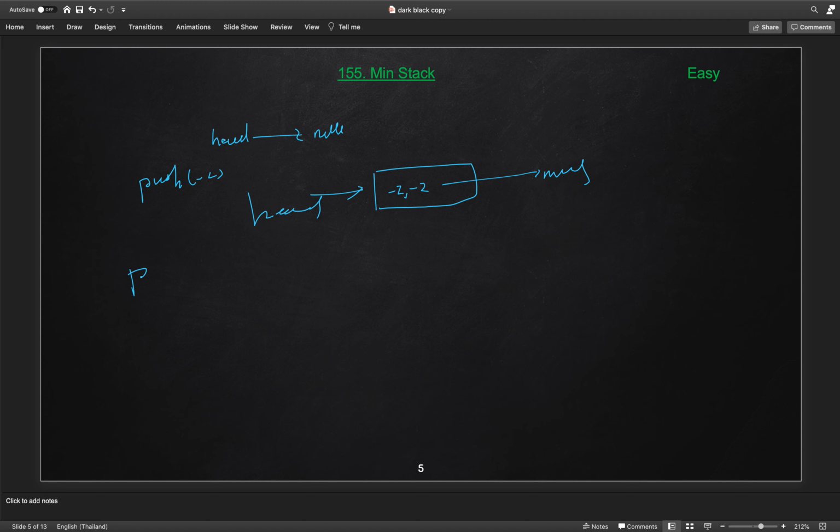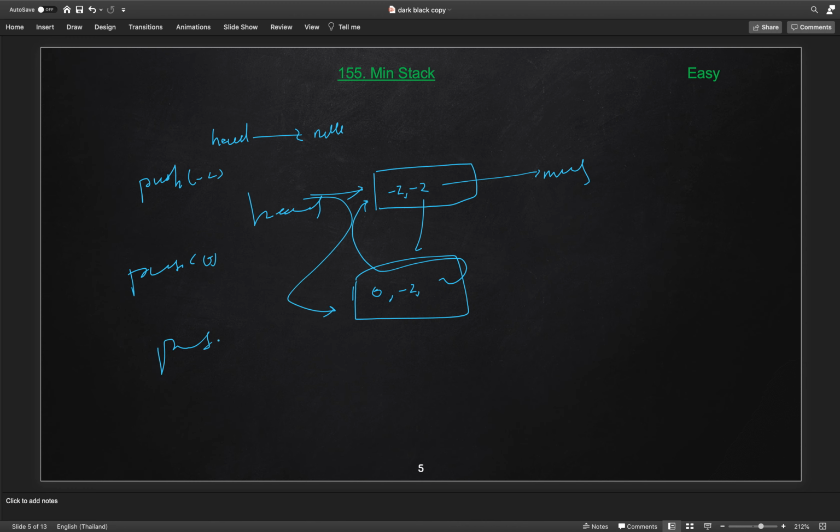Now we got another push call for 0. So here we will create another node for 0, and the min we will take from 0 and -2, which is -2, and the next here is the old head. So this will point to here, and the head will be shifted to the new node.